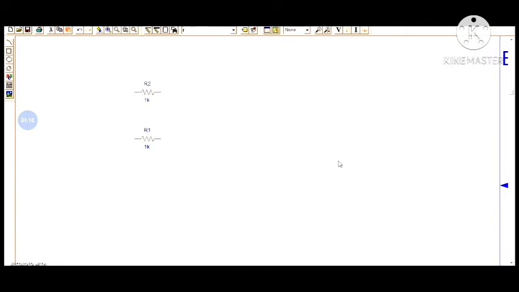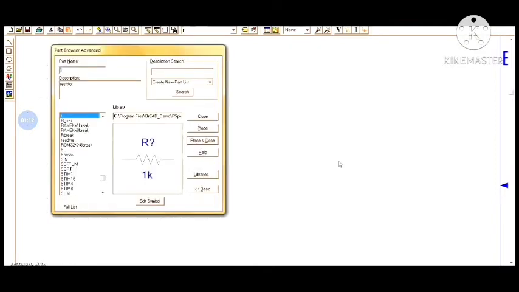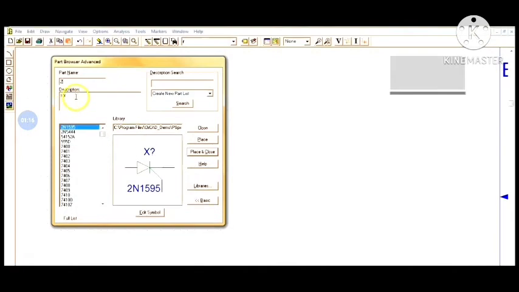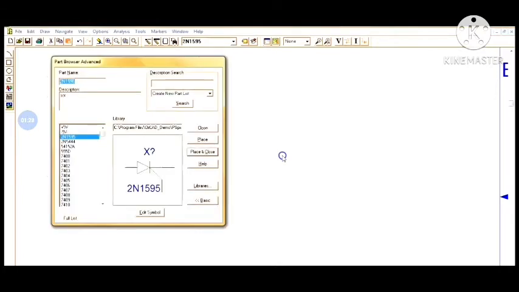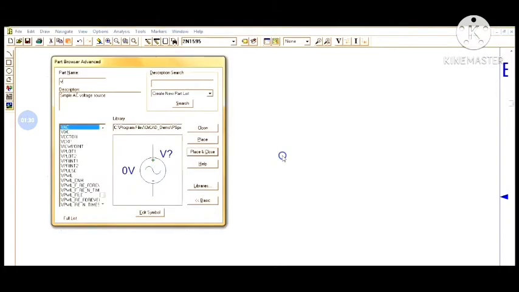Then I have to choose the other components. Let us start with the SCR. Here you can see it is the SCR 2N1595. You have to rotate the SCR by using the Ctrl R command on your keyboard. Then I will choose the AC voltage source. You have to just choose the V sign, as you can see here.